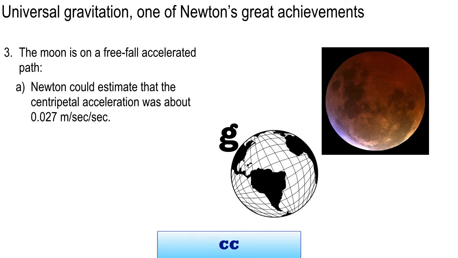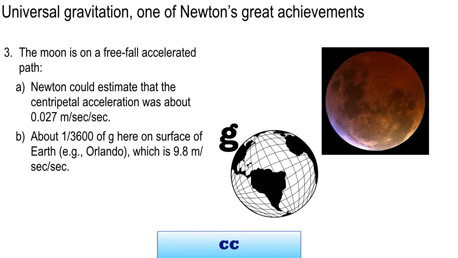The Earth curves away from it at the same rate that it curves towards you. So it just assumes a nice circular orbit. And he was able to estimate, knowing the size of Earth and the length of the lunar month, that the centripetal acceleration was about 0.027 meters per second squared. Now, compared to g here on Earth, like here in Orlando, 9.8, that's about 1/3600th of